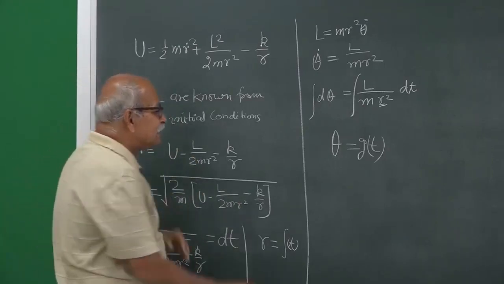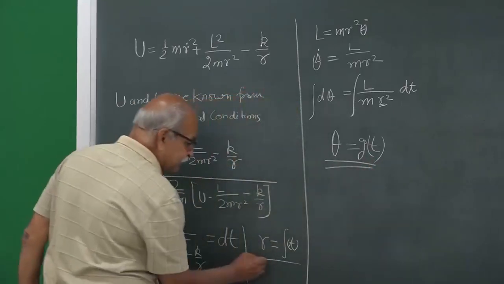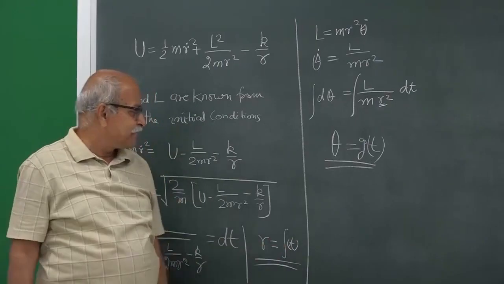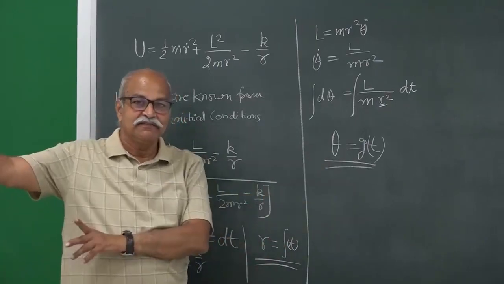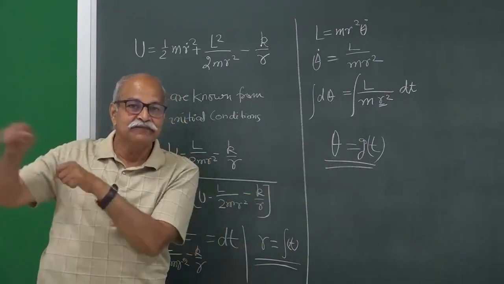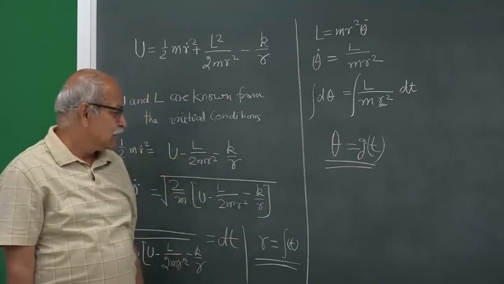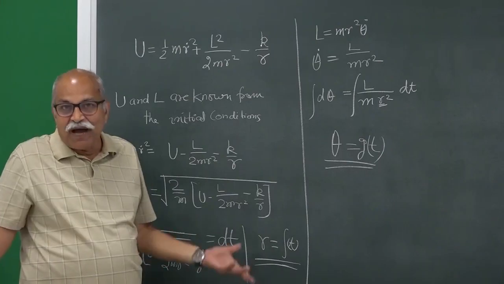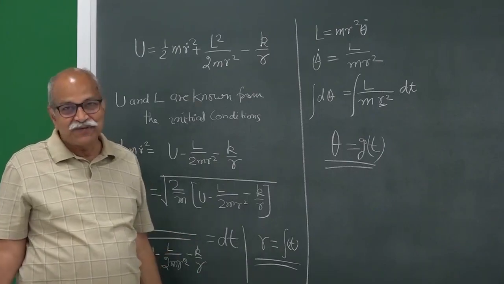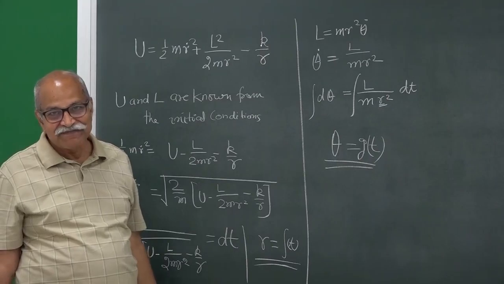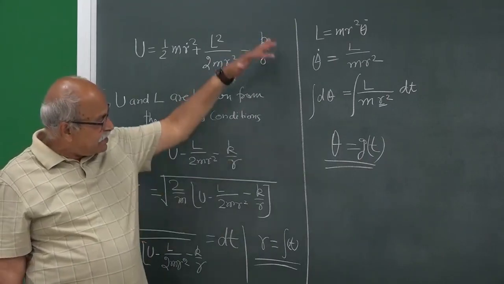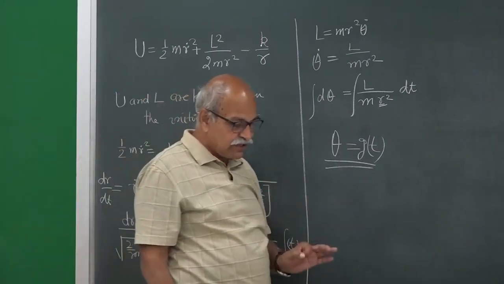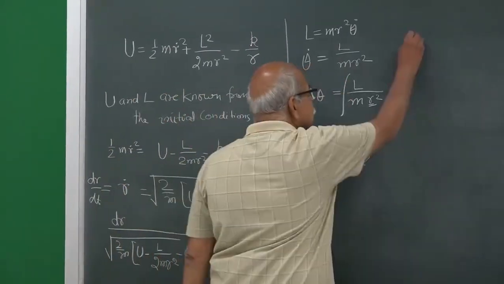And if you eliminate time from here and here, you have two equations: r is some function of time, theta is another function of time. If you eliminate time from these two equations, what do you get? You will get r as a function of theta, that is the path, that is the equation of the path, r is a function of theta. So, this is the way one can calculate and come out with the exact equation that if U is